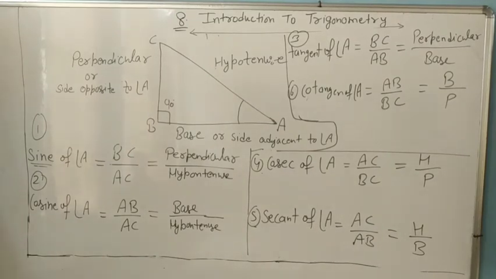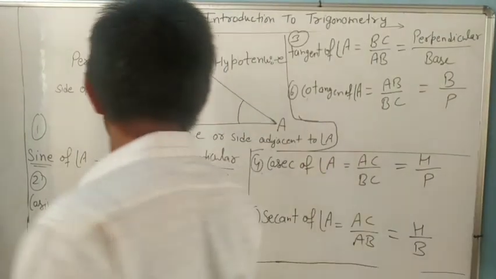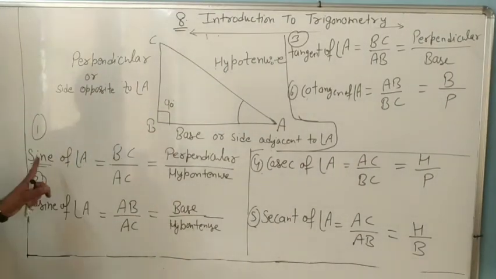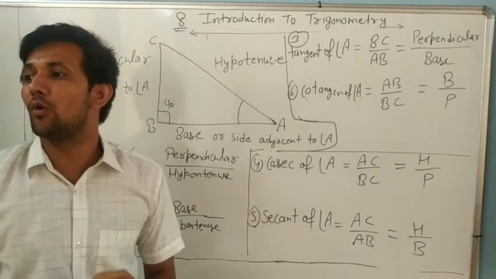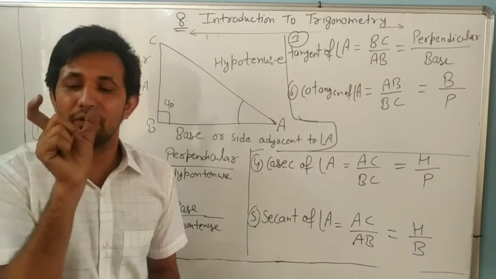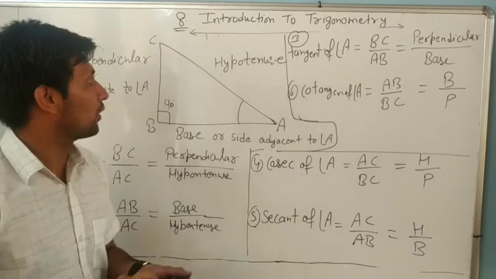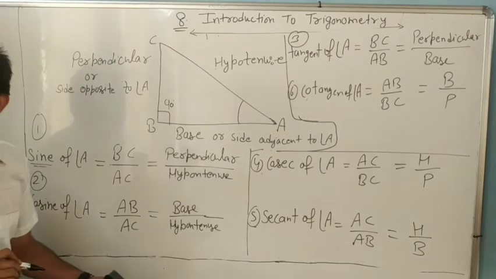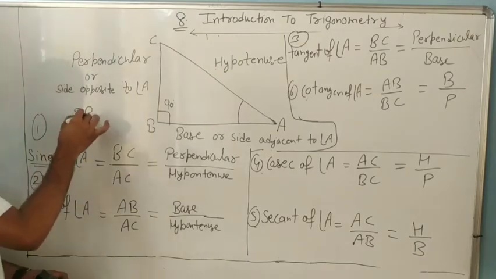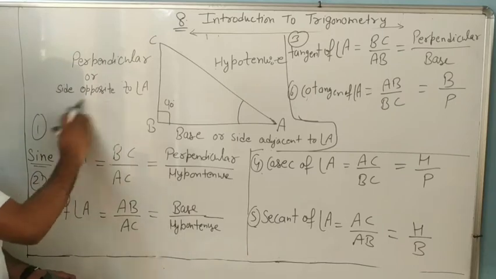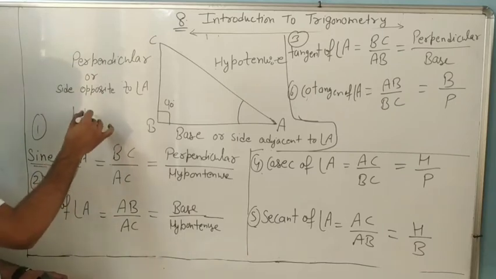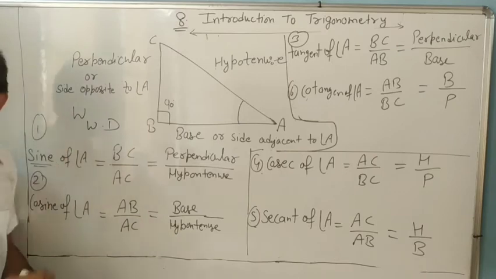Now, dear, we will write: everyone knows perpendicular by hypotenuse is sine of angle A. Now I will give you their names in short form, the abbreviation. Everyone knows what a short form is. What is the short name of Shahrukh Khan? SRK. Suppose like this one, Winner Son Dart, what will be WD? It is its short name.